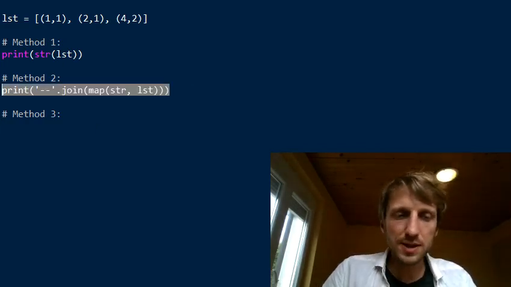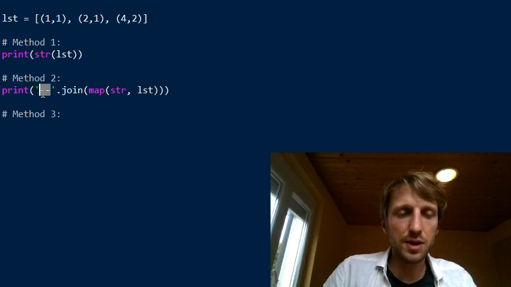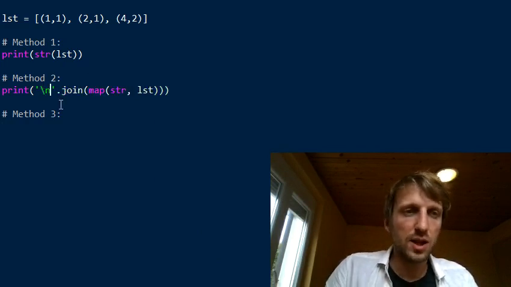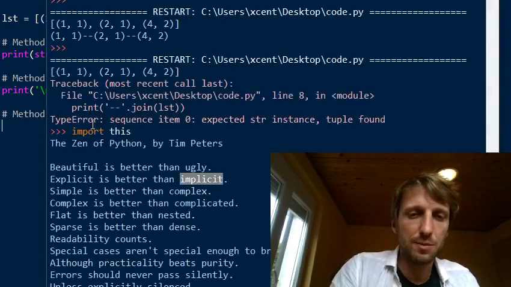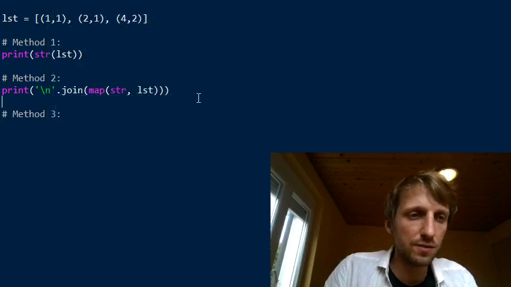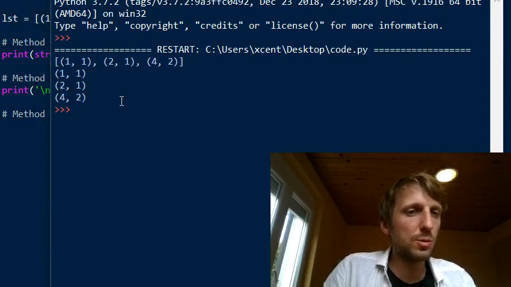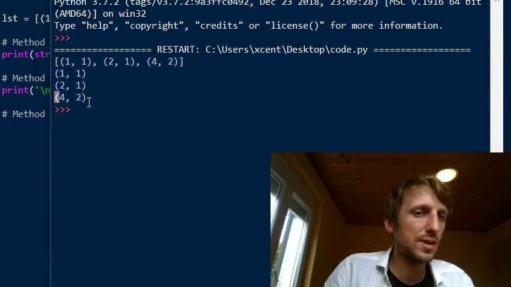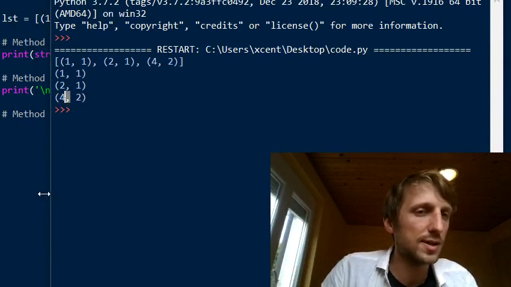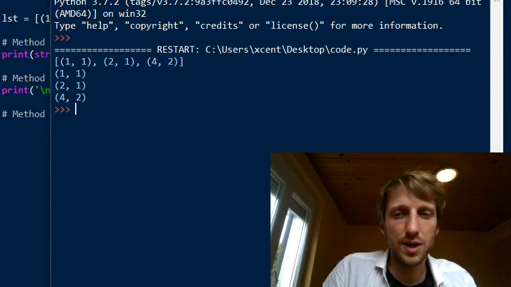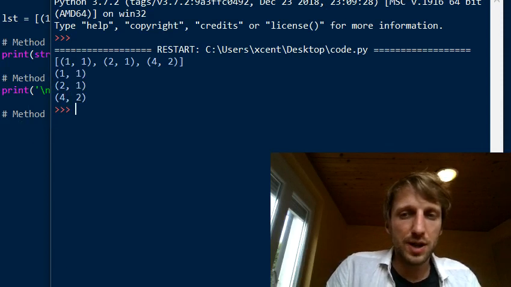Okay, but anyways, this is a good way of using a delimiter string. You can also use a new line character, for example, as a delimiter string, which means that if we run this again, now you get the tuples ordered in a new line. Okay, but what happens if you want to remove these brackets and also the commas? Say you want to just separate them by a single white space. And to do this,